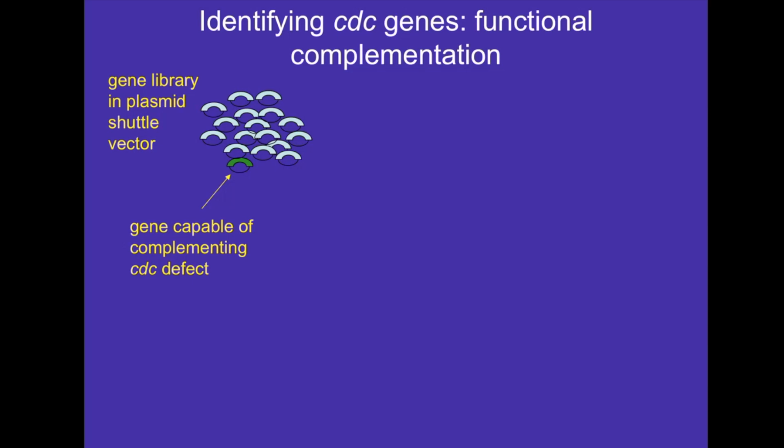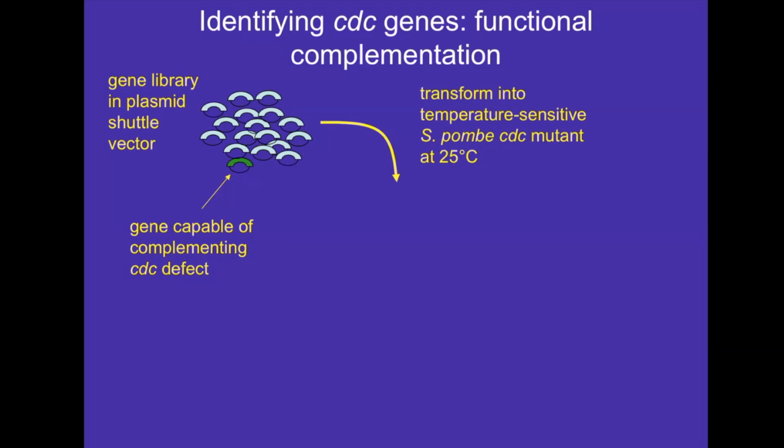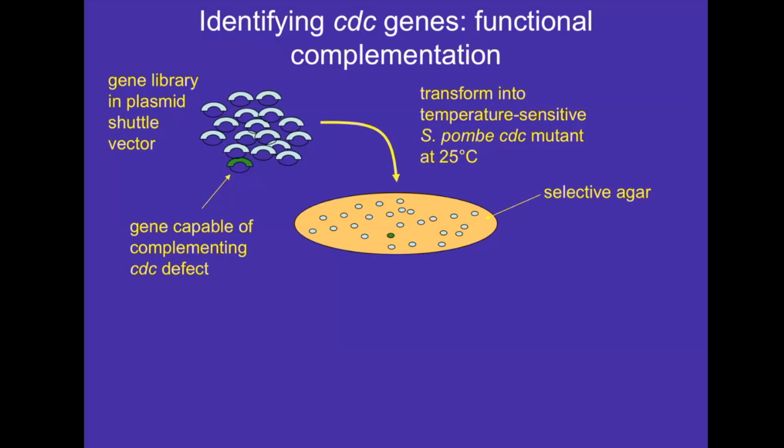So the idea is that somewhere in this collection, this library of DNA fragments, there is a fragment that by chance corresponds to the functional version of the gene that might be defective in, for example, the CDC2 mutant that we just looked at. So if we can introduce that into our temperature-sensitive CDC mutant, then that gene, which I've color-coded green here, will be able to provide the function that is lacking in the CDC mutant when it's shifted to the high temperature. So first of all, we introduce the gene collection, the library,